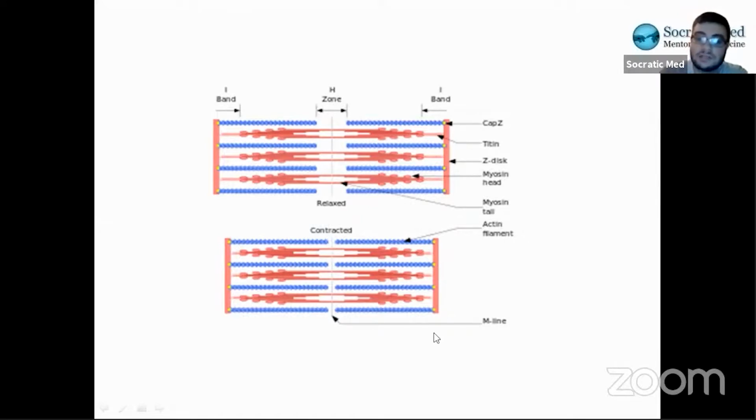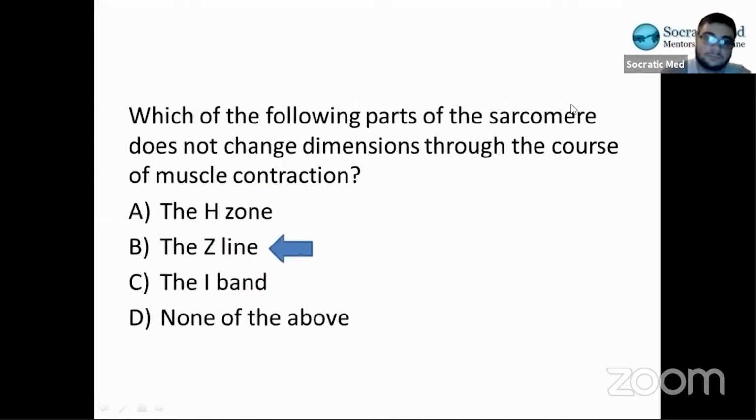Another component, as I mentioned, that will not change length, but it wasn't an answer choice, though it also would have been a correct answer if it was, is the A zone. The A zone is from here to here, and in here, it's from here to here. And you can see it's exactly the same length in both. Does that make sense, or do you want me to go over it? So this was a trick question, and the MCAT will try and trick you like this.